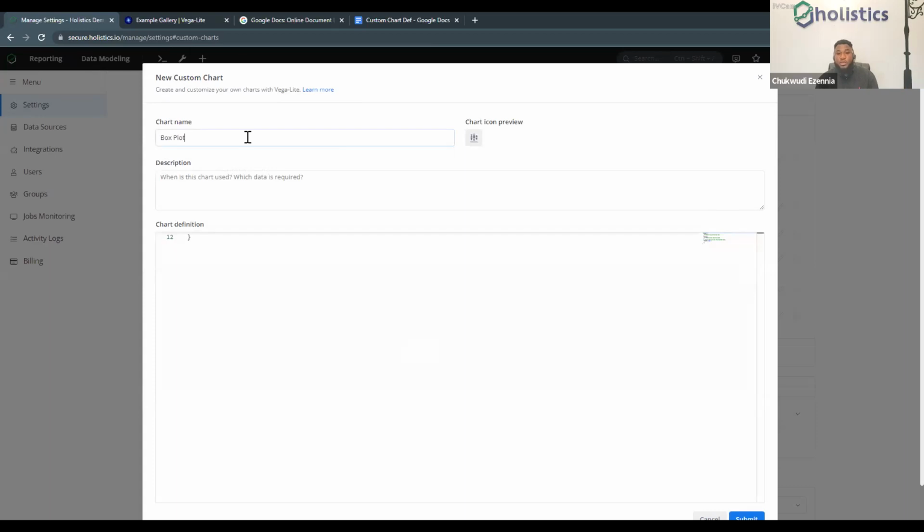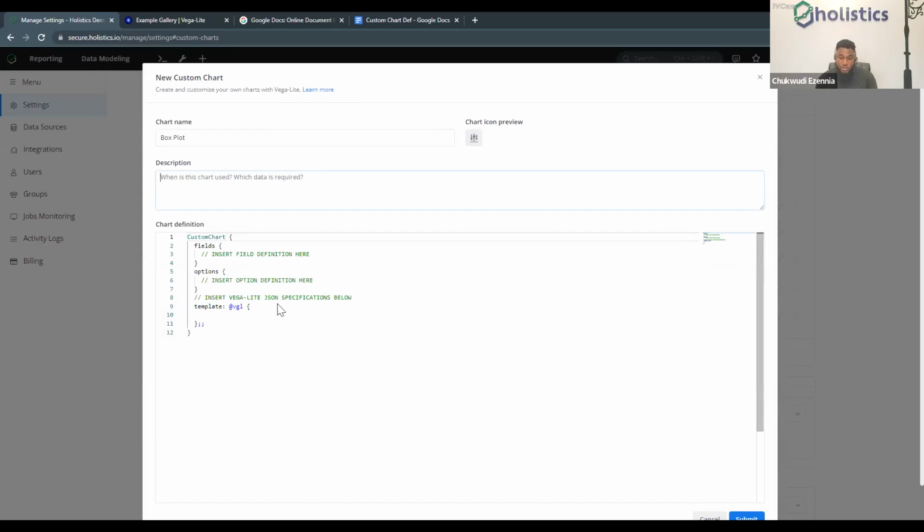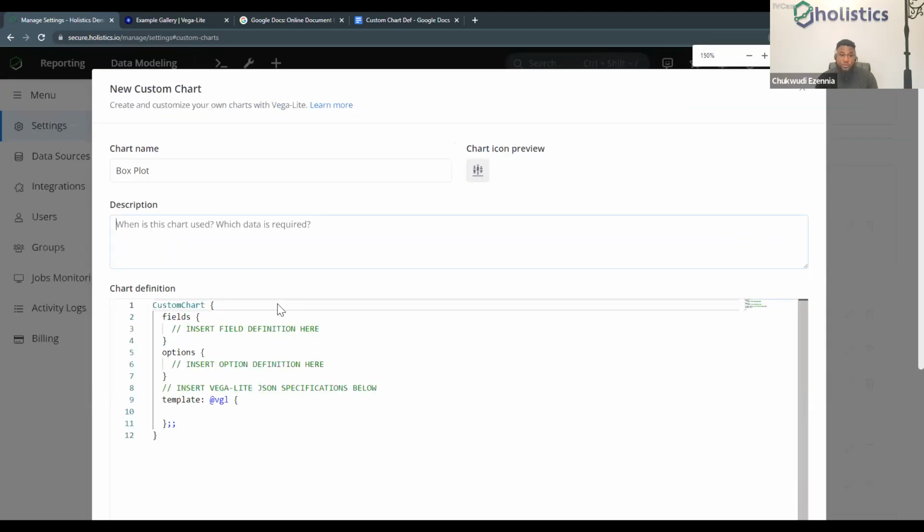We see that the chart icon preview has intuitively shown us the particular icon type that we're supposed to work with. Here is where you can put in the description to tell your users what possible use cases this chart can be used for. And you see that Holistics will naturally provide us these three steps of options: the fields, the options, and the templates.